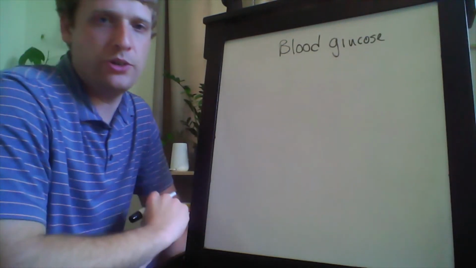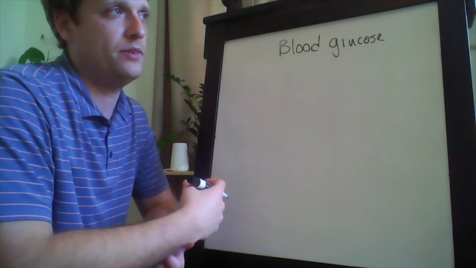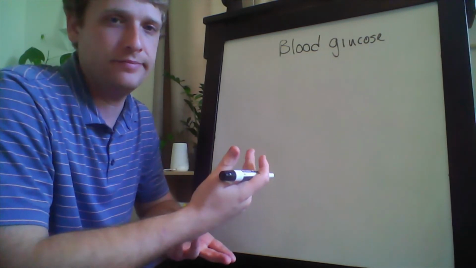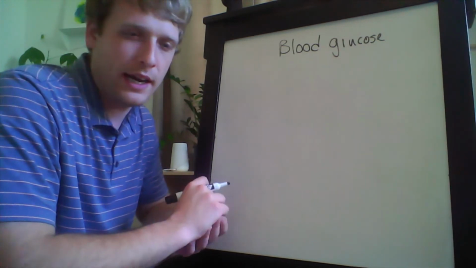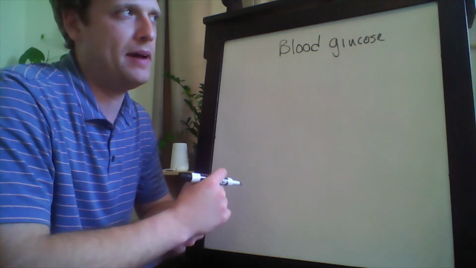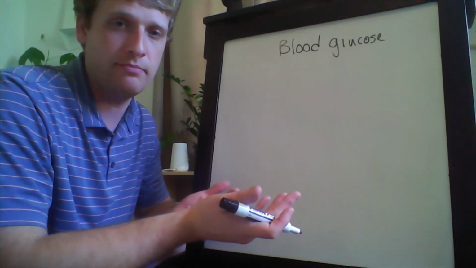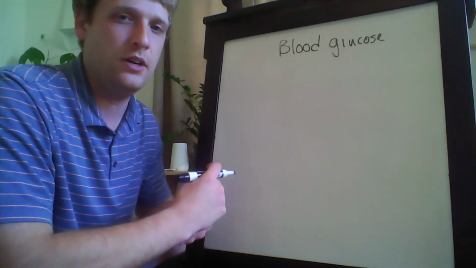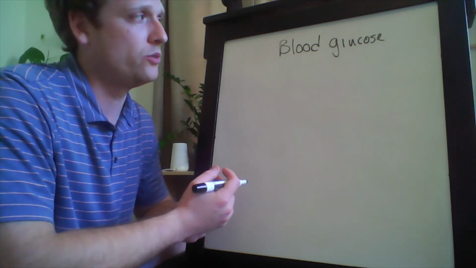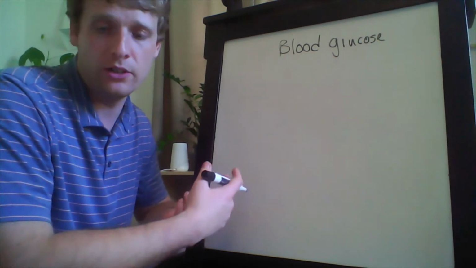So how much glucose is in your blood? And that's tightly regulated. Too much is a bad thing. Too little is a bad thing. You might wonder why having too much glucose would be a bad thing. You think sugar is something that's good, we can make energy from it, but too much of it can actually do damage to tissues. So too much blood glucose can be toxic,